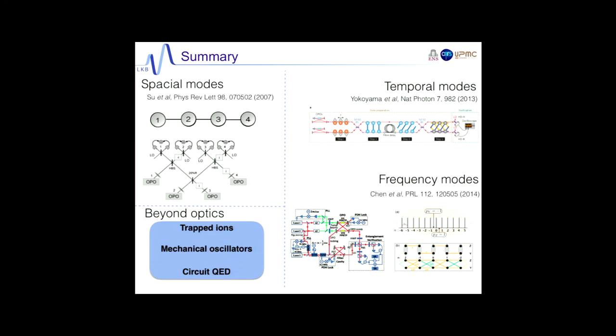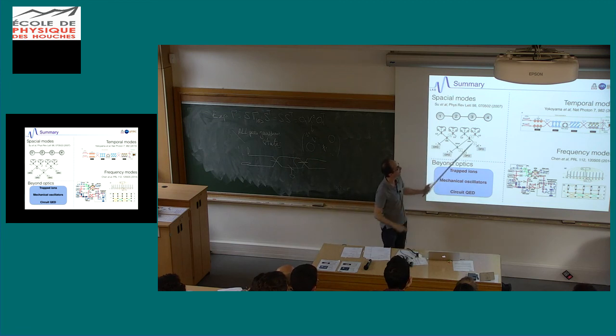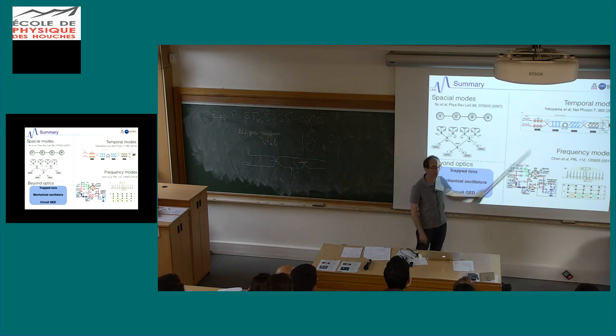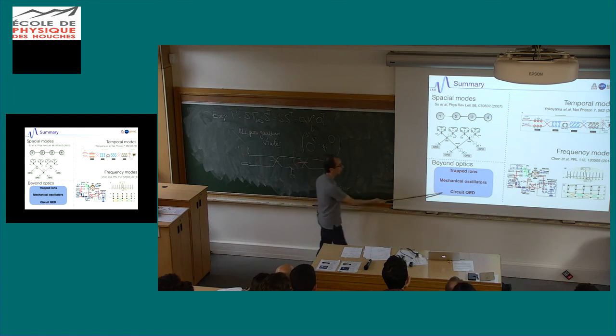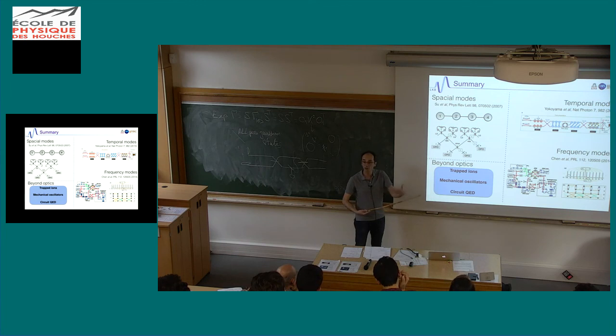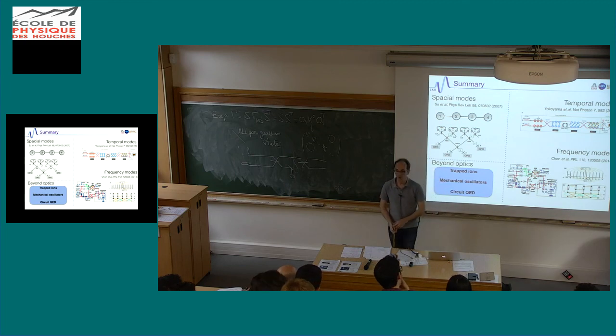So this is just to show that these things in continuous variables, we are not the only ones to do. So there are people doing these things. There's the group of Furusawa doing different kinds of modes. And this continuous variables quantum optics applies to also different systems. So that's nice if you know this theory. I mean, circuit QED starts to do continuous variables. When you move mirrors, you also do continuous variables. Trapped ions also use this kind of motions. So this can be applied to many different modes.